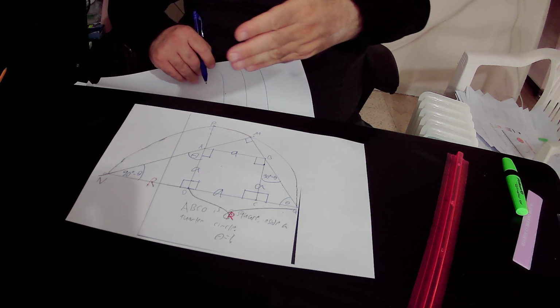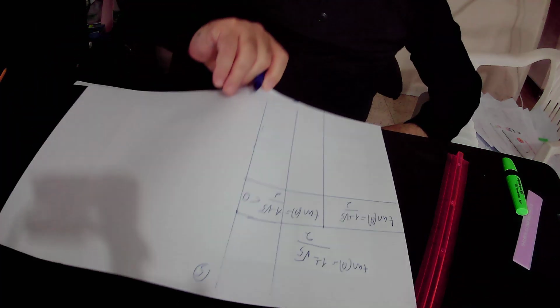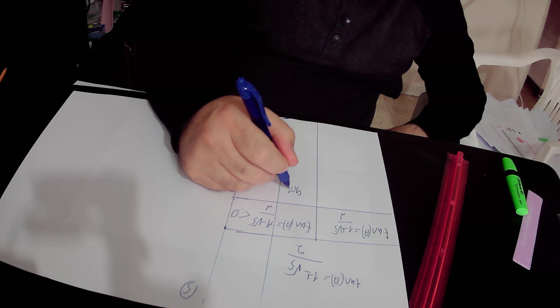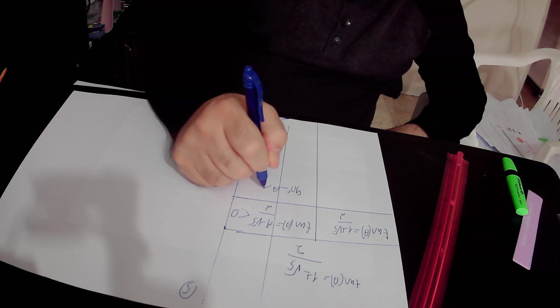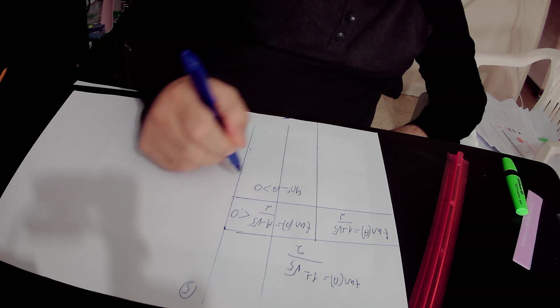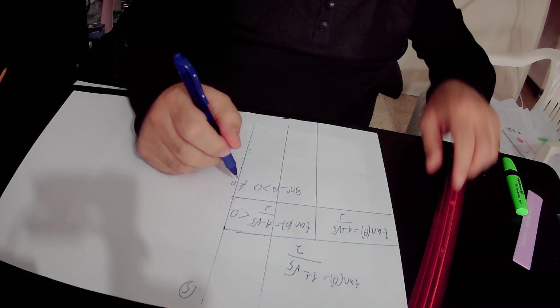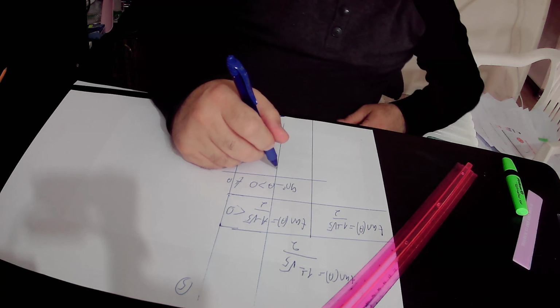Therefore, 90 degrees minus theta is a positive number, that is to say it is greater than 0. We will add theta to this inequality, and we get 90 degrees